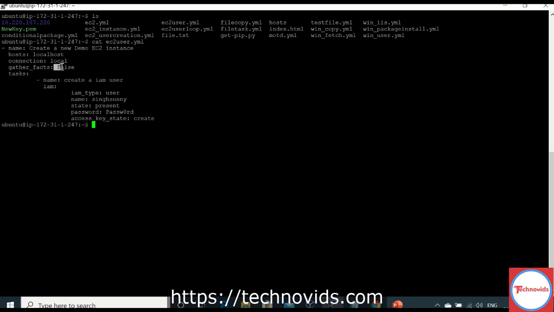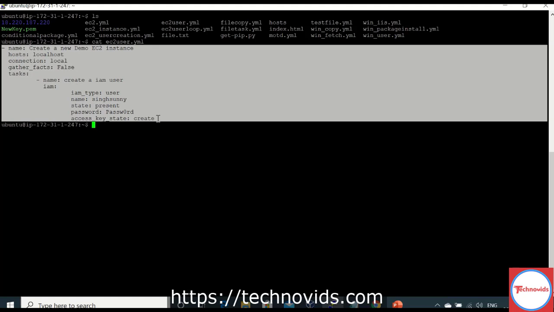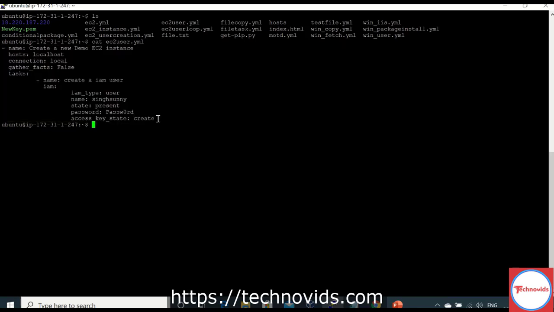If I say gather_facts is false, then my playbook will not gather any facts. If I say gather_facts is equal to true, then it will gather all the facts about the slave machines that I have. But as I am running this particular playbook in the AWS portal, I don't need to gather facts. I'm simply creating a user, right? That is why I don't need to gather facts, and that's why I have set gather_facts to false. That is the gist of it.